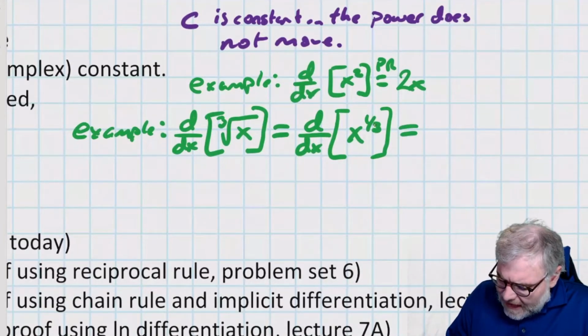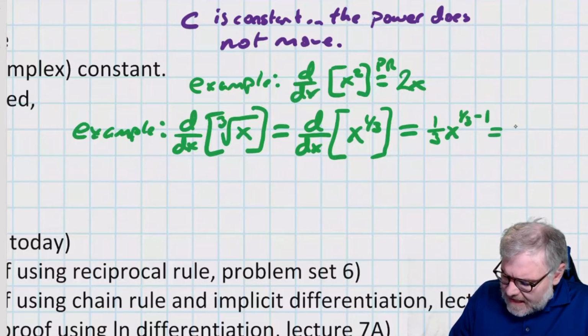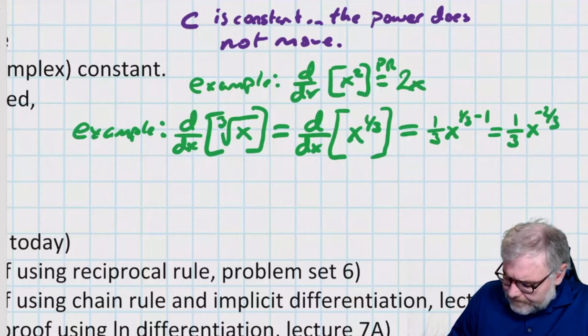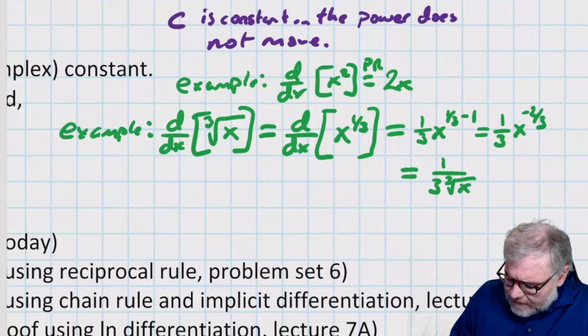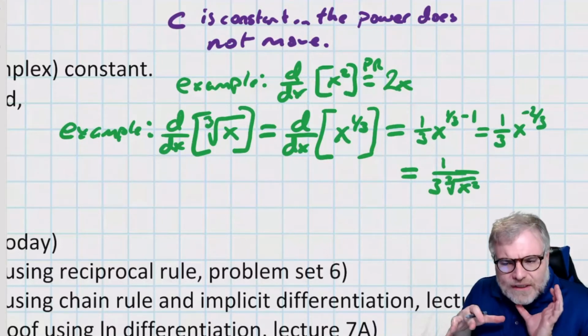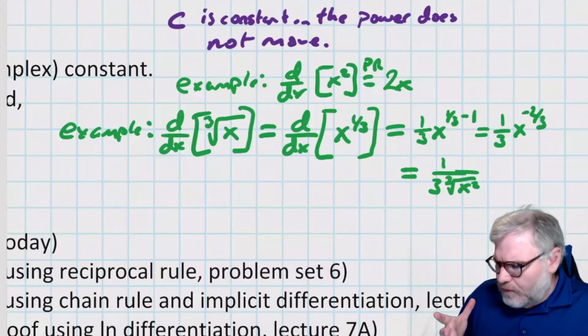But right here, I apply the power rule and I get 1/3 x to the 1/3 minus 1, which is 1/3 minus 3/3, and that's the same thing as 1/3 x to the -2/3. And if you want to simplify that more, that's going to be 1/3 over the cube root of x squared. So this rule is very powerful, but in order to get to that,